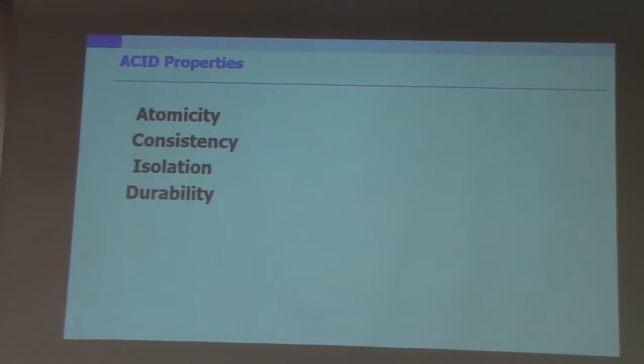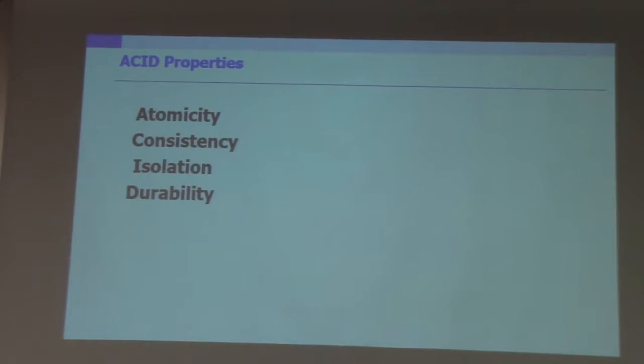Basically, what isolation says is that even though there could be multiple concurrent executions of multiple transactions from multiple users, from each user's point of view, it's like your transaction is running in isolation. You don't have to worry about the fact that there are some other transactions being concurrently executed at the same time alongside your transaction. So that's the concept of isolation. And durability and atomicity actually go together, because it's all or nothing. Durability means that if a transaction has committed